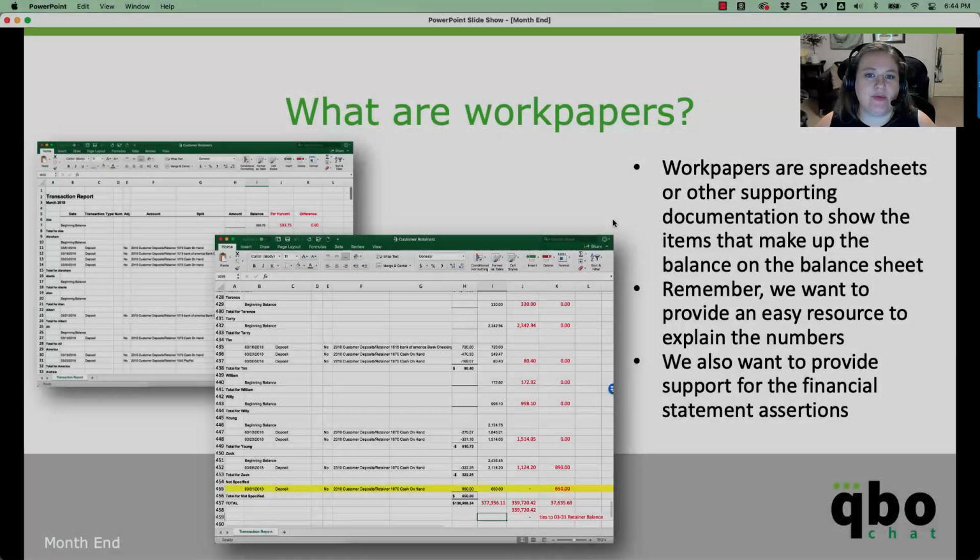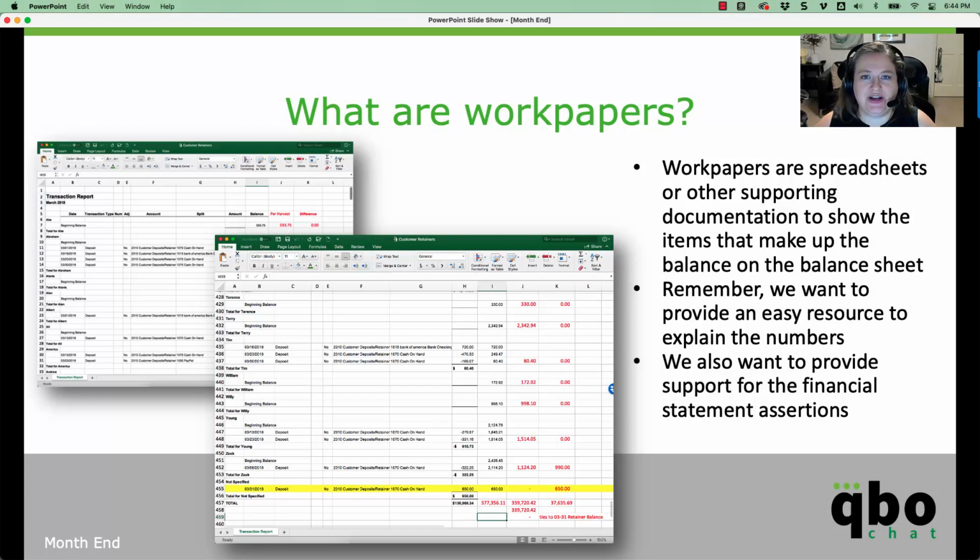Okay, next we're going to talk about work papers. And it's funny, I actually had someone contact me once and said that they had heard from other accountants and bookkeepers that work papers were outdated and no longer needed. They're just supporting spreadsheets or documents for an amount on a balance sheet. If you're going to go through an audit, the auditors are going to want to know how you came up